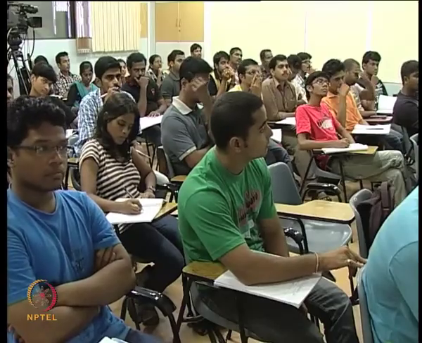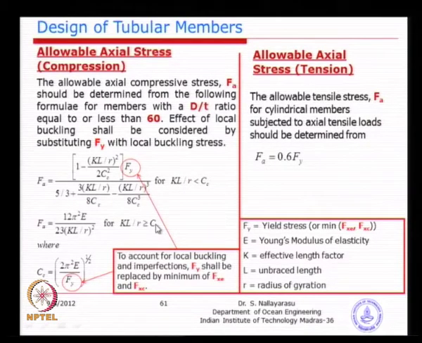Once you calculate the slenderness ratio, find out a limiting slenderness ratio beyond which the member will definitely go by buckling. So, you see KL/R ratio greater than a particular value, it goes into buckling, whereas KL/R ratio less than that particular value, it goes into yielding. Now, in here the limiting slenderness ratio value is very similar to our Euler buckling, square root of 2 pi squared E by Fy. So, you calculate the limiting value and look at which one is governing, and either go for this or go for this.